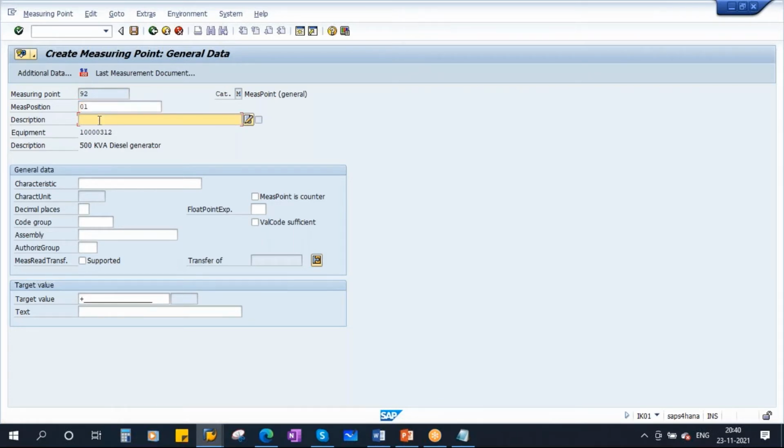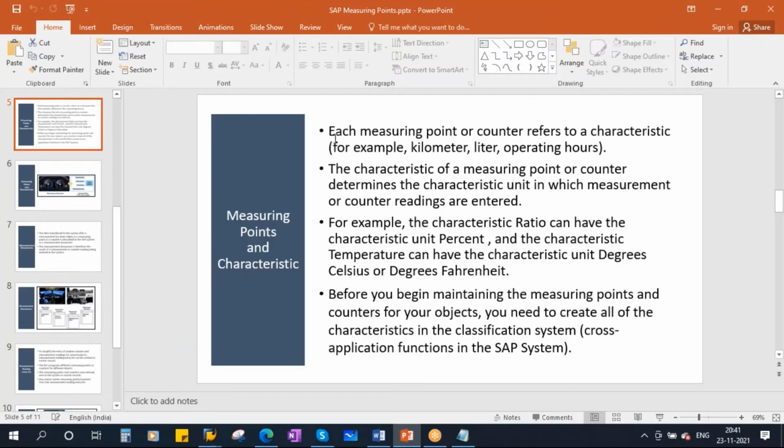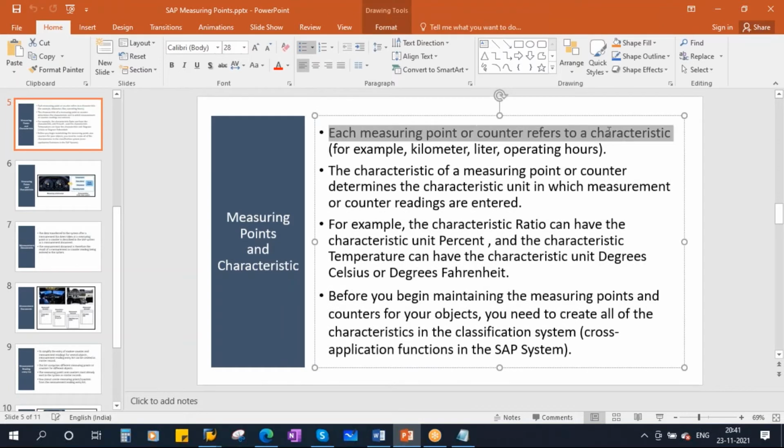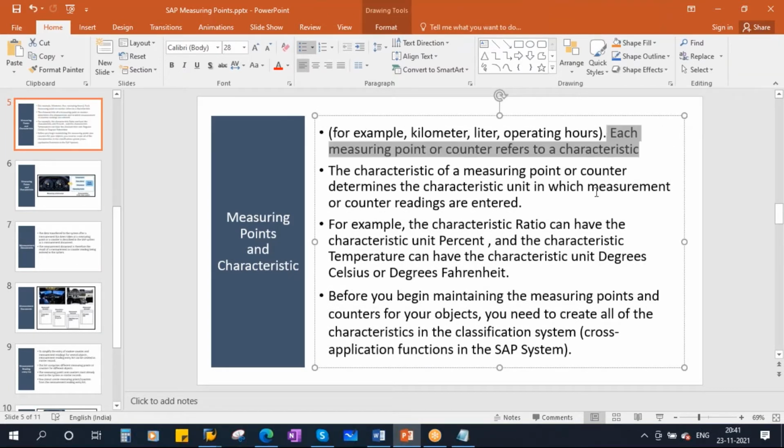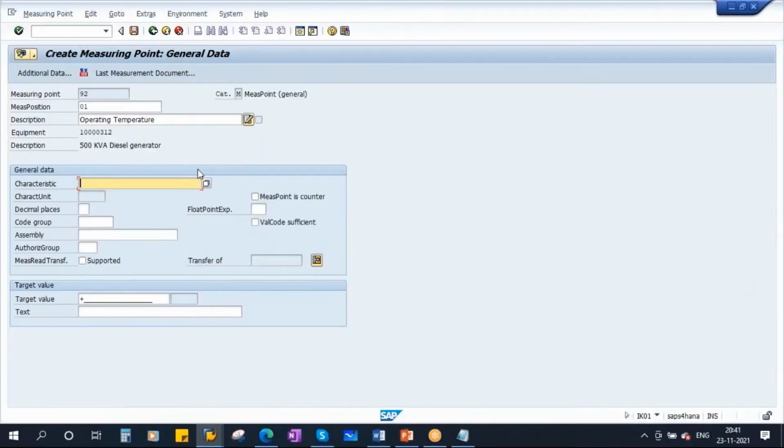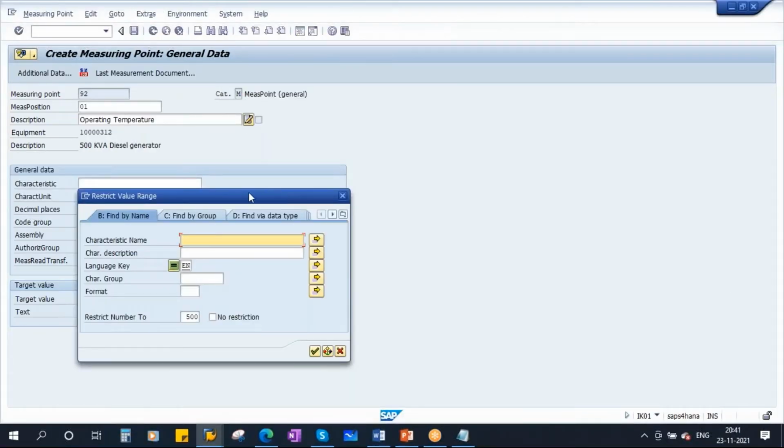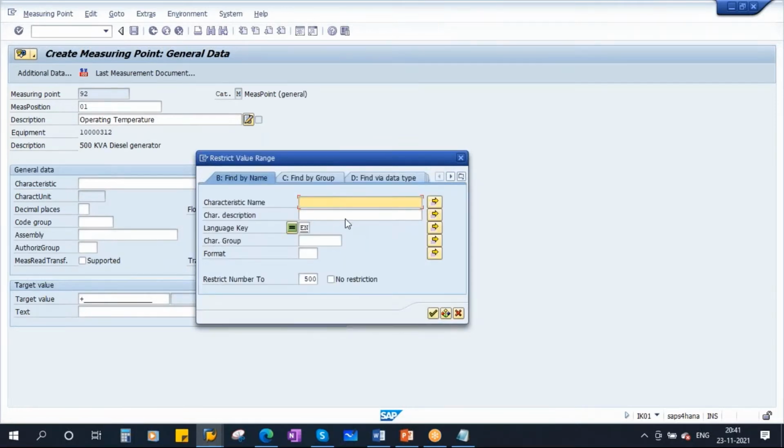Now description: I want to measure operating temperature. As I just discussed, every measuring point should be assigned a characteristic. Each measuring point or counter refers to a characteristic, so you need to assign one. Instead of creating a new characteristic, I'll search for the existing characteristic in the system, temperature.